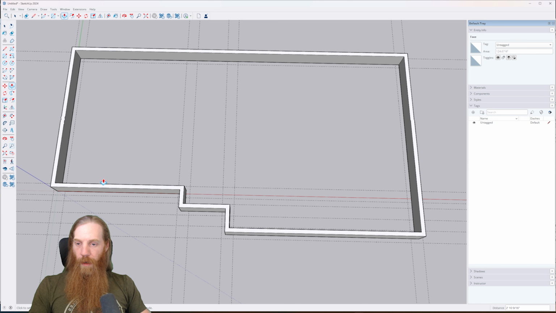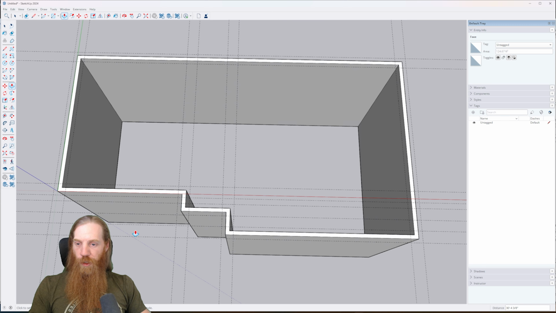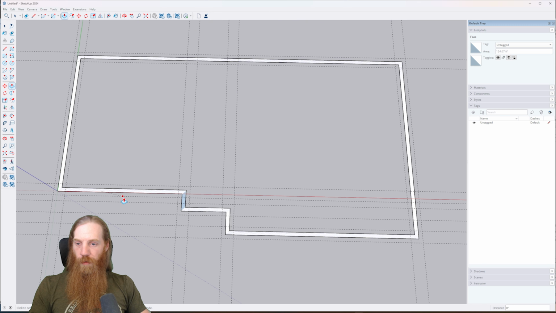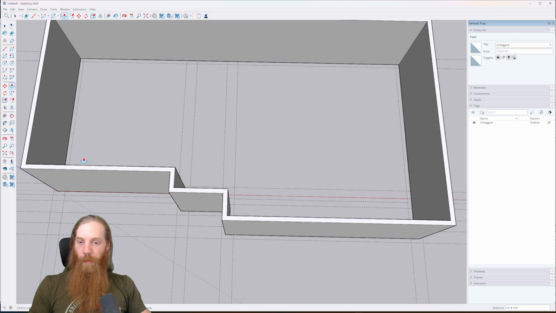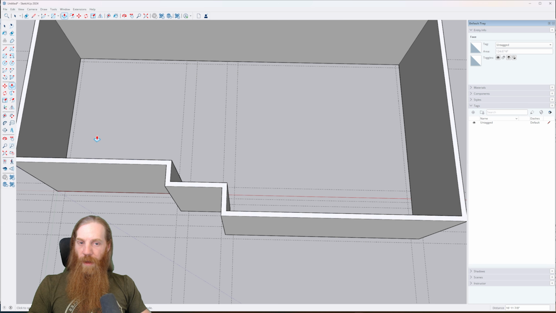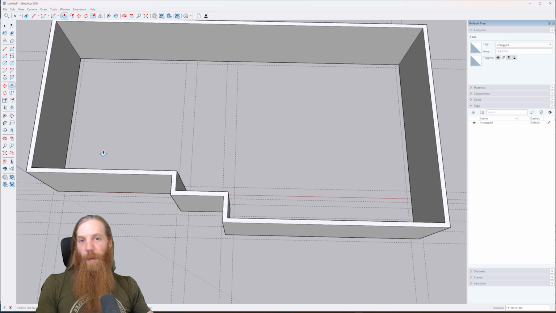Click on it, and now, as you can see, we can push or pull it in either direction to make a 3D object from our two-dimensional layout, okay? Now, at this point, we need to determine what the height of our basement wall is going to be. You could go with an 8-foot wall. I would recommend going with at least a 9-foot wall, 9-foot ceiling in a basement, if you have the budget